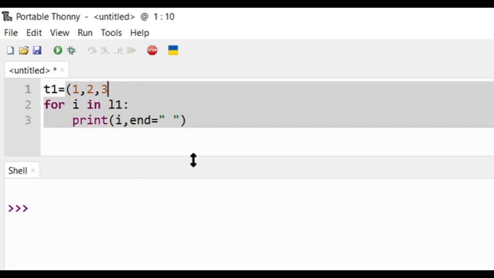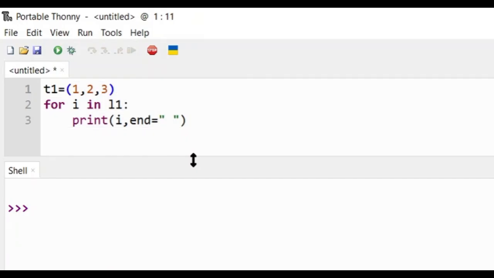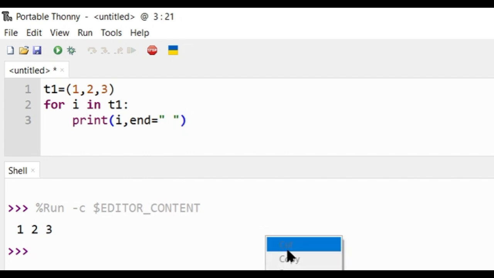So we are clearing the output and changing that list to a tuple. So I am giving the name as T1 and changing the square brackets to parentheses, and for i in T1 again print i comma end equal to space. So this will print again 1, 2 and 3, the elements of the tuple one by one. Now I am clearing the output,